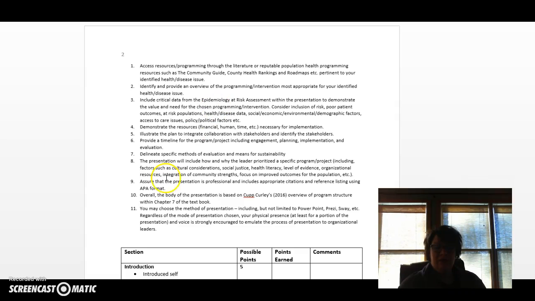The other thing I want to highlight is to have your textbook handy and take a look at Chapter 7, because much of the nuts and bolts of this assignment is included within your textbook as well. Just know that there are a number of different means to get to the end, meaning to do the assessment process and to develop a plan. We're using your textbook's basic shell to do so,